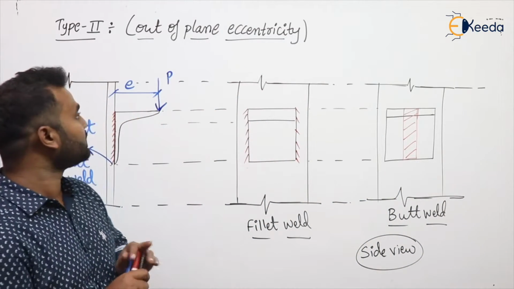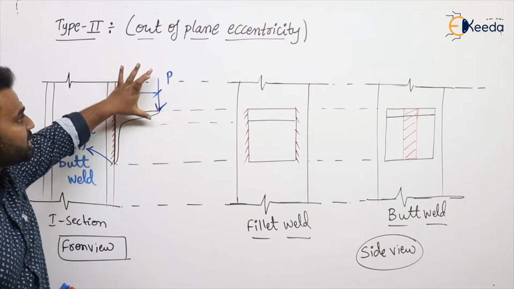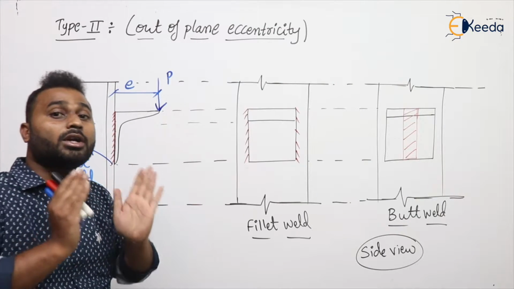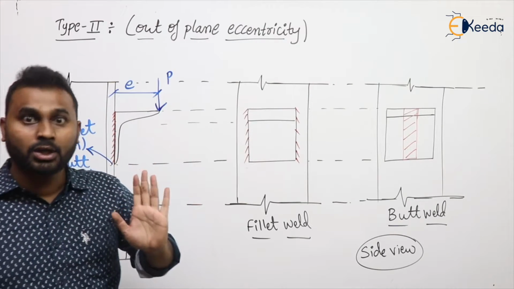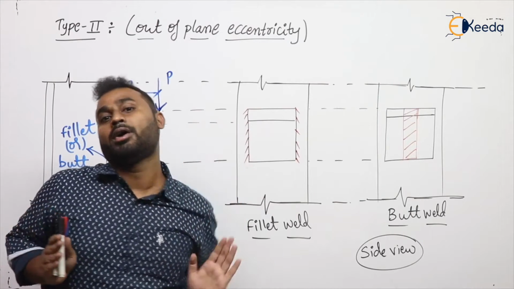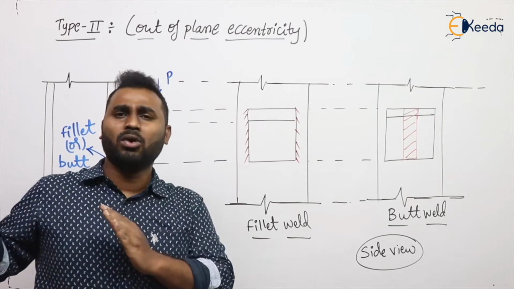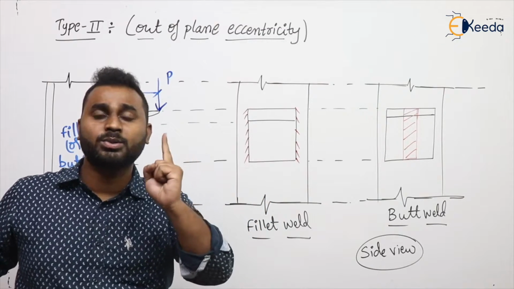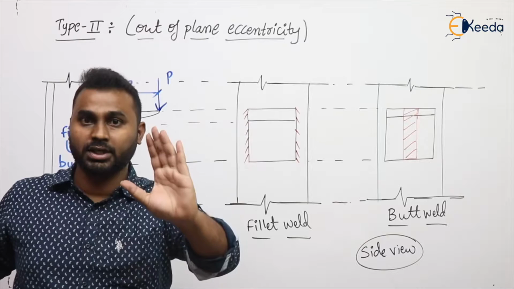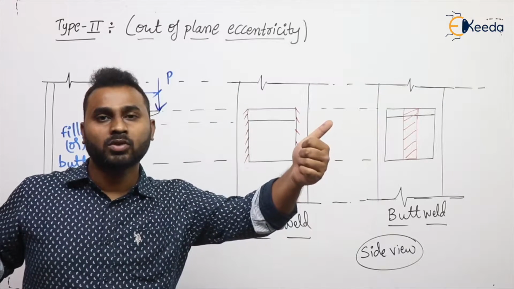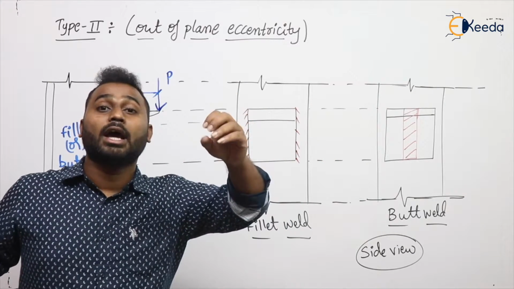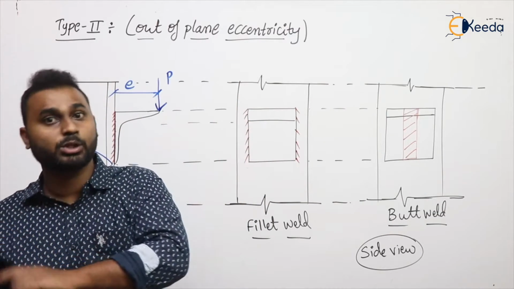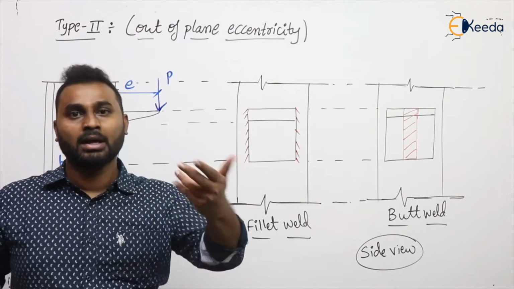Now coming to the analysis, what is analysis? First, we have to convert this eccentric load into concentric load. Now that concentric load is accompanied with a moment. What that moment is, is the main point of discussion here. As we have discussed in bolted connections, here also the same. Whatever concepts we have discussed for type 2 eccentric bolted connections, the same concepts remain here also, with one difference. What is that difference? Let us discuss.